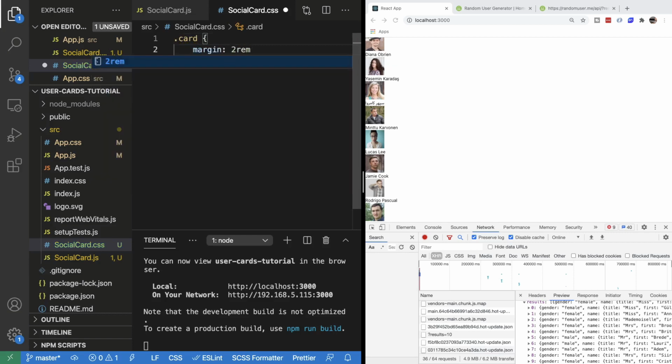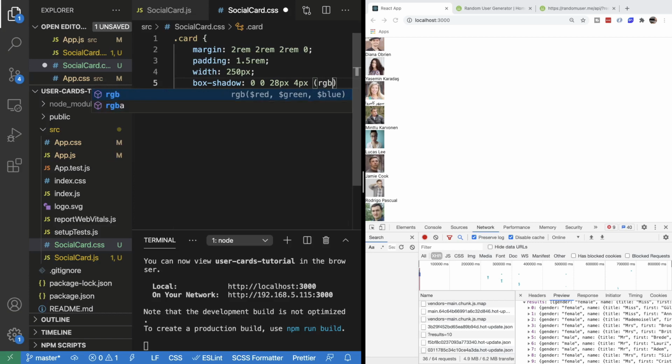So I'm going to put some margin on the top, right, bottom, but leave it off the left side of the element. Let's put a bit of padding in there as well, so 1.5 rems. I'm going to set a static width on it of 250 pixels for each card. And let's put a little bit of box shadow on there just to lift it off the page. 28 pixels and a bit of blur. And oops, we'll just say RGBA